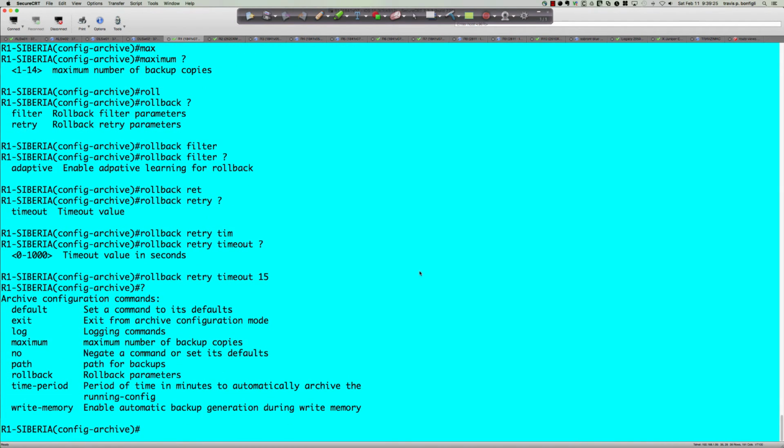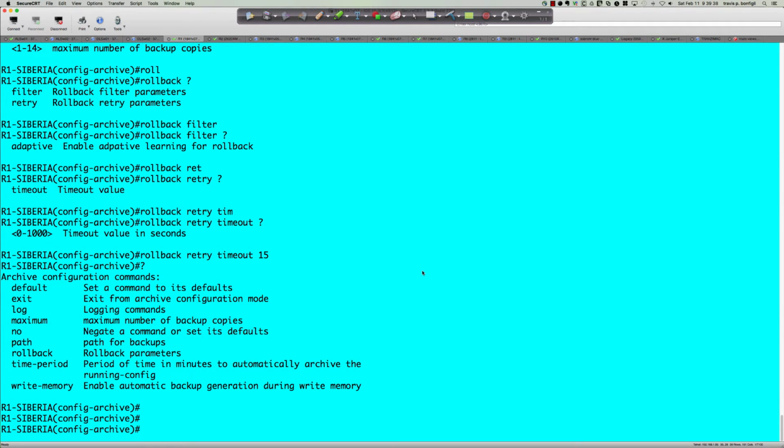And that's the rollback, the two rollback options. Again, that adaptive, I've never been able to find anything about the adaptive feature. We've got the no command, the max command. Now, here is what I believe to be one of the most important features of the archive feature set is